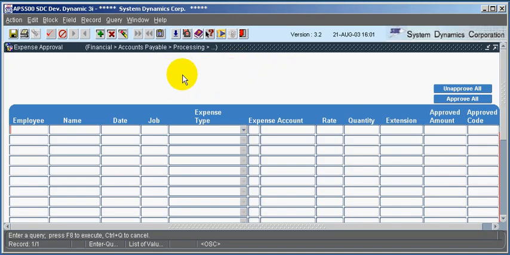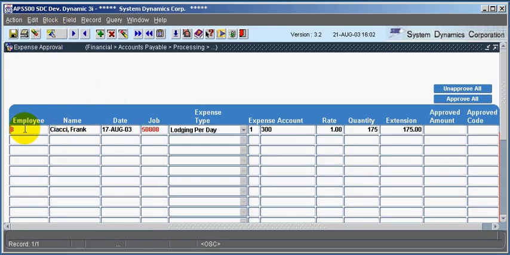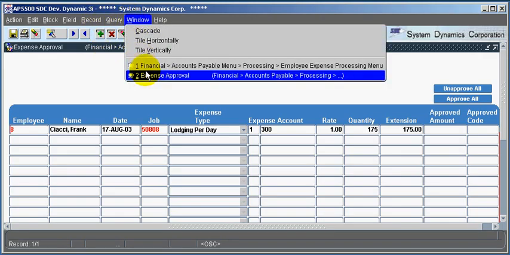However, this is more of a front office or back office where the person would be approving the expenses. I have an expense set up here, so if I query up this particular expense for employee number 8, they have an expense out here for lodging for $175 waiting for approval. Now if we go back into the cell phone application,